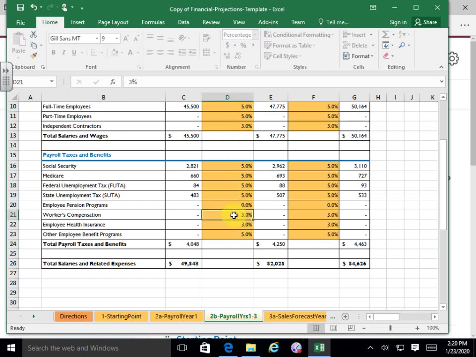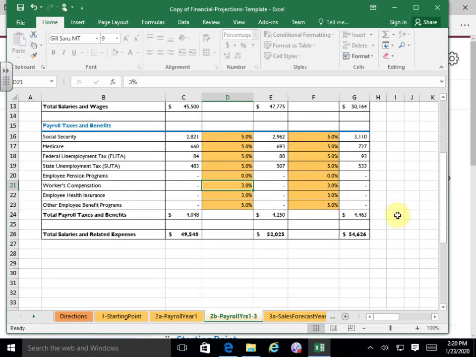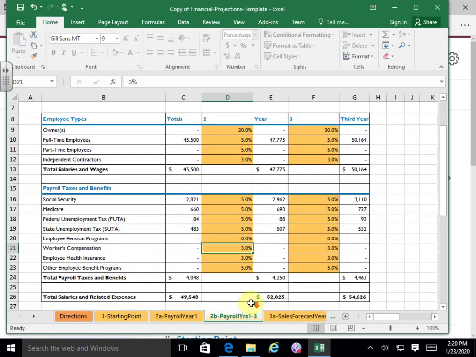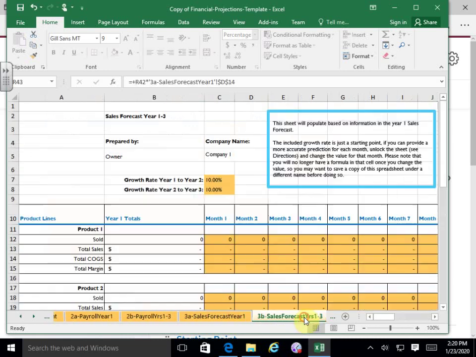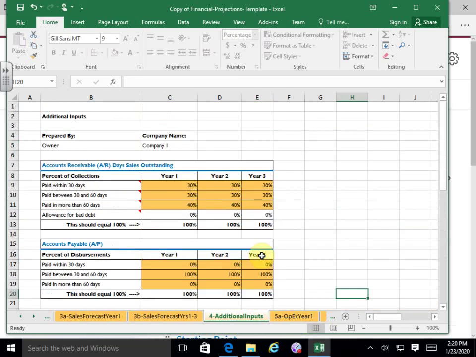Your workers' comp, again, you might change that. It's probably going to grow proportionate to your other increases. So why they have it so much different? It may differ a little bit, workers' comp, in terms of its growth rates, but I don't think so. Okay, so second year payroll should be pretty simple, other than you make some of those changes in terms of the increases. You might have to make some changes all the way down. Additional inputs. Talk about that for a little bit.